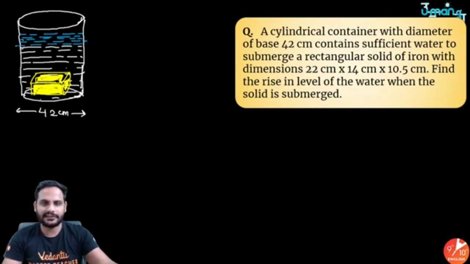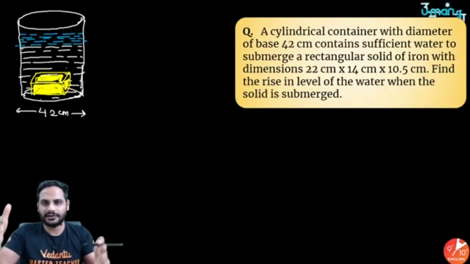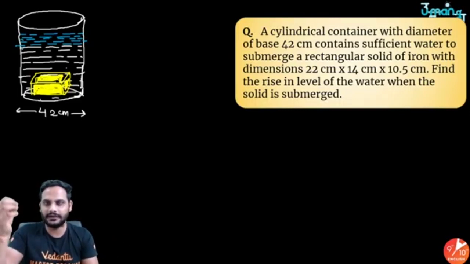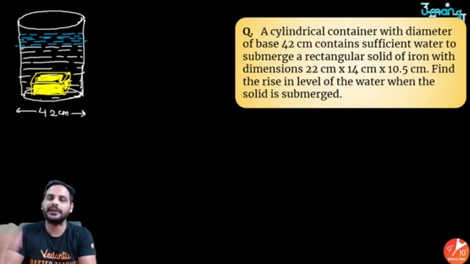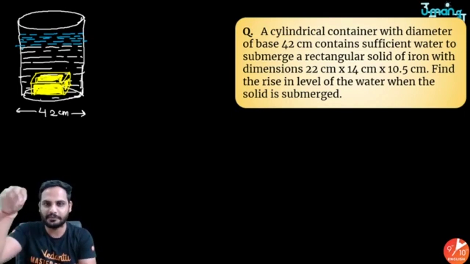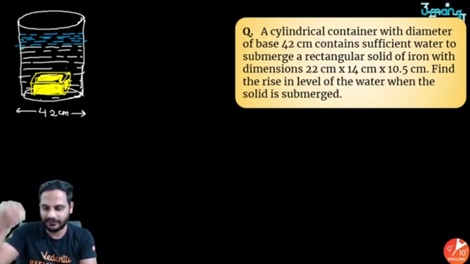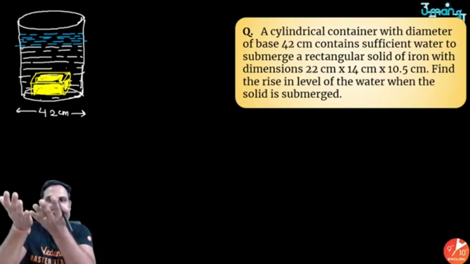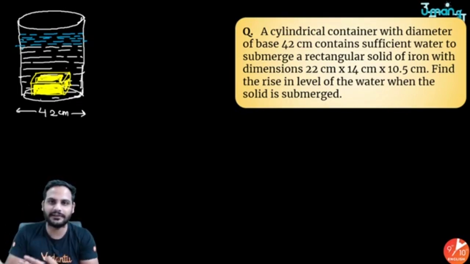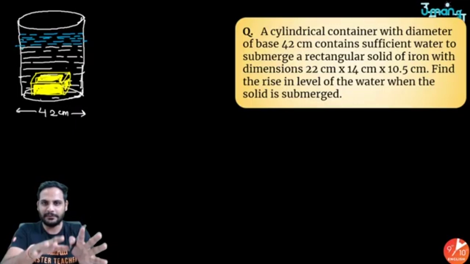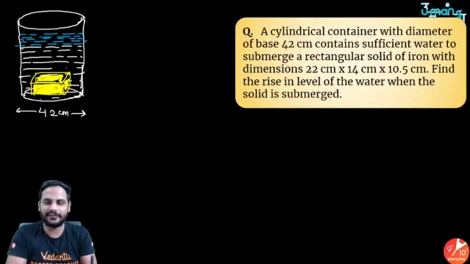Obviously, you have heard that story, that there was a crow, and the water level in that bowl was very low, he could not drink it. So what he did, he dropped pebbles inside that. When he dropped pebbles in that vessel, the water level came up, and the crow drank the water, right? So same story over here, the box is placed inside, the water level will rise.